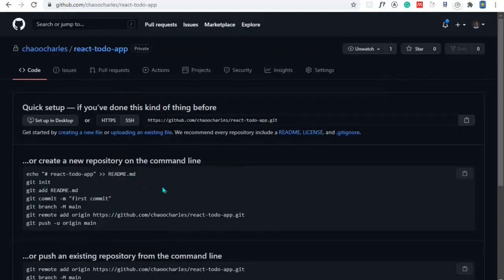Now right here we have instructions on how we can connect our local repository and the GitHub repository and push the local code to our GitHub repository. But before we do all this, I want us to make some changes to our React code, and then we'll come back here and follow these instructions. Okay,